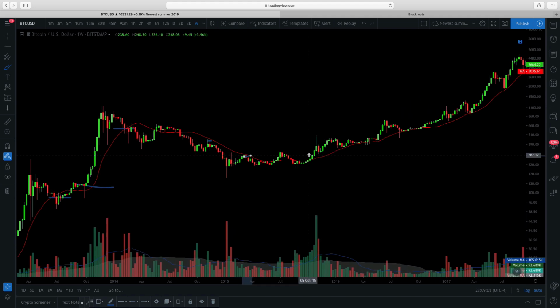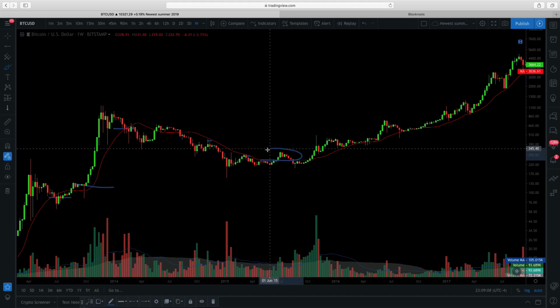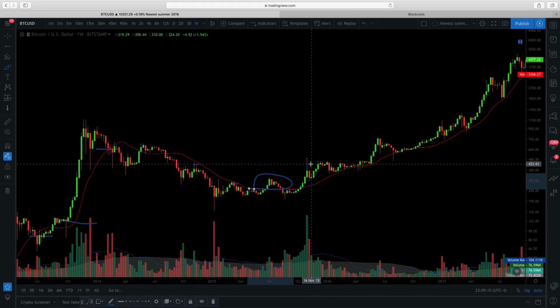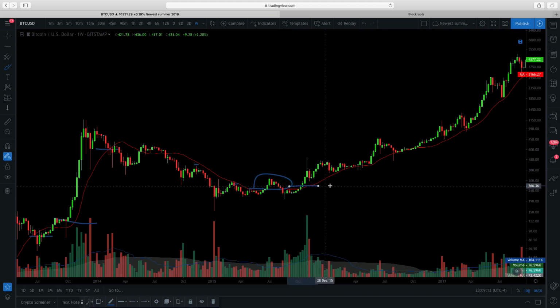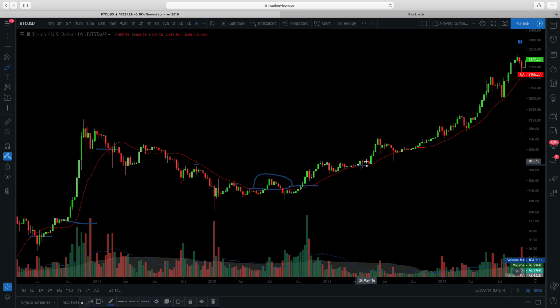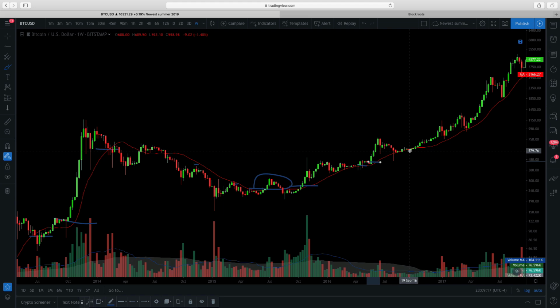But nevertheless, you can see when we close above, sure, we have a mixed signal right here. We get chopped up. You take losses when you're a trader. You have to be willing to lose. But we're in again here. We're out again, maybe briefly here, and then back in here, and then you might get chopped up over